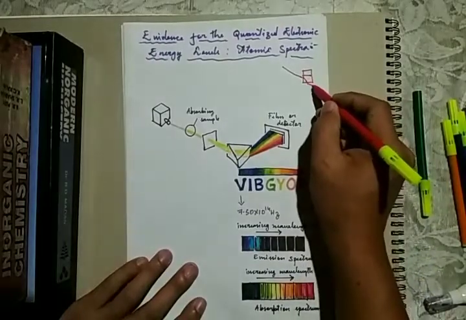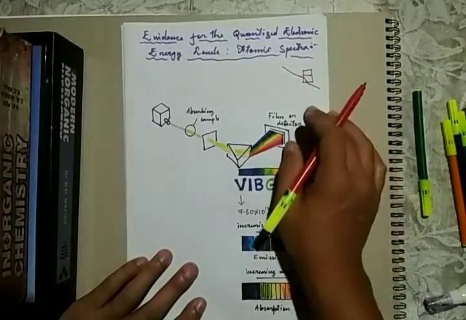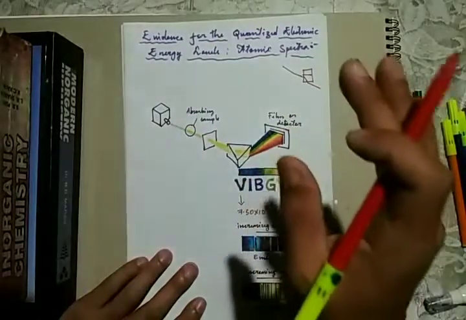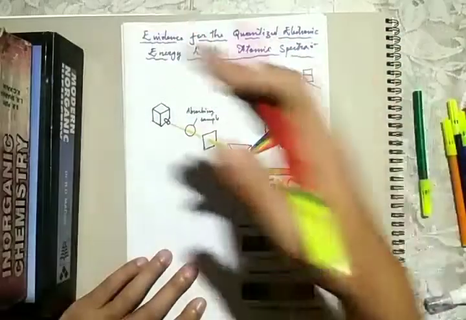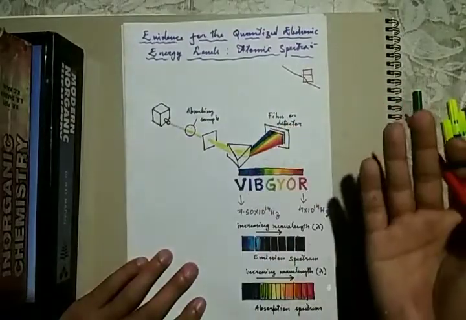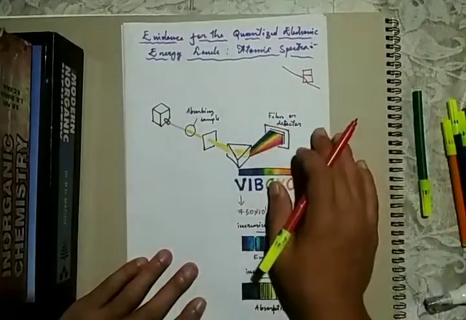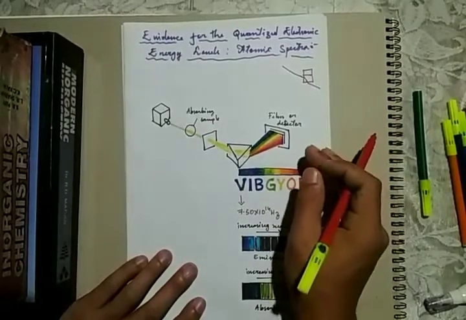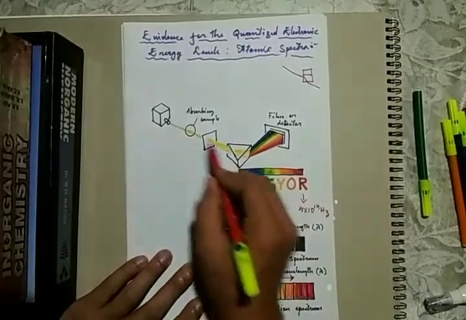We can say bend. So light, when it passes through a medium, deviates. When a ray of light is passed through a prism,